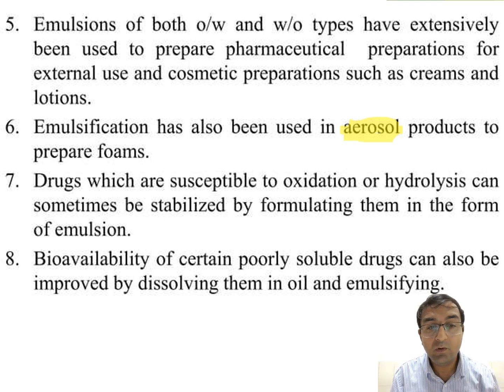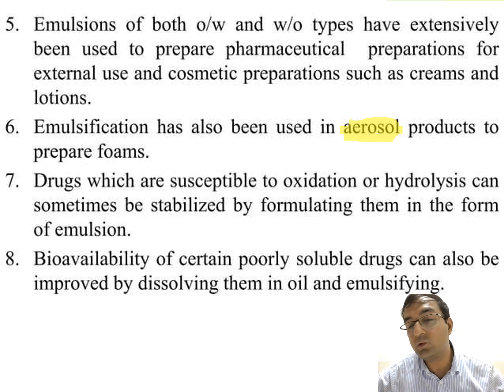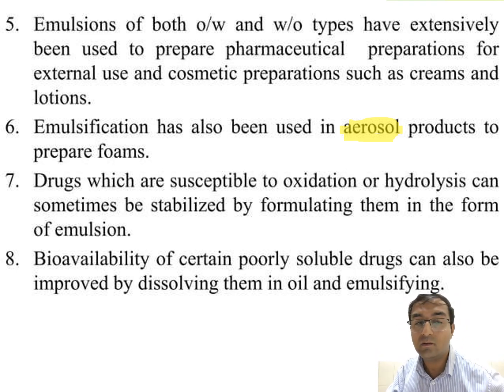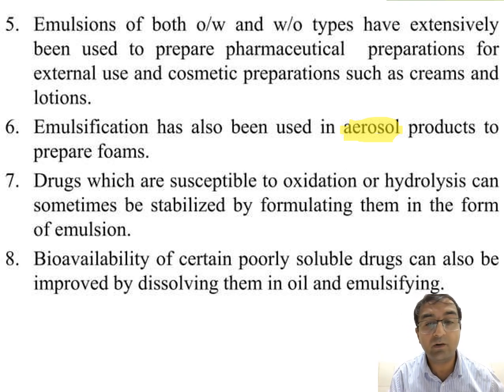It is also used to stabilize formulations susceptible to oxidation and hydrolysis, which is overcome by using emulsion. But we have to take care of its storage conditions and packaging conditions. Next, the bioavailability of certain poorly soluble drugs can also be improved by dissolving them in